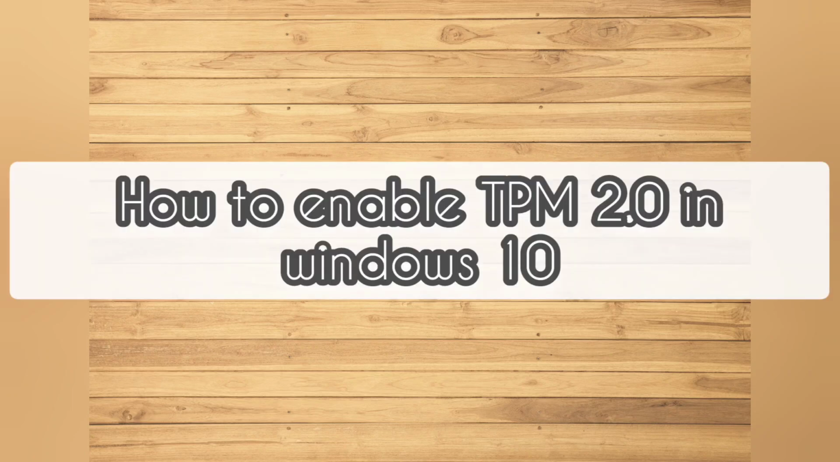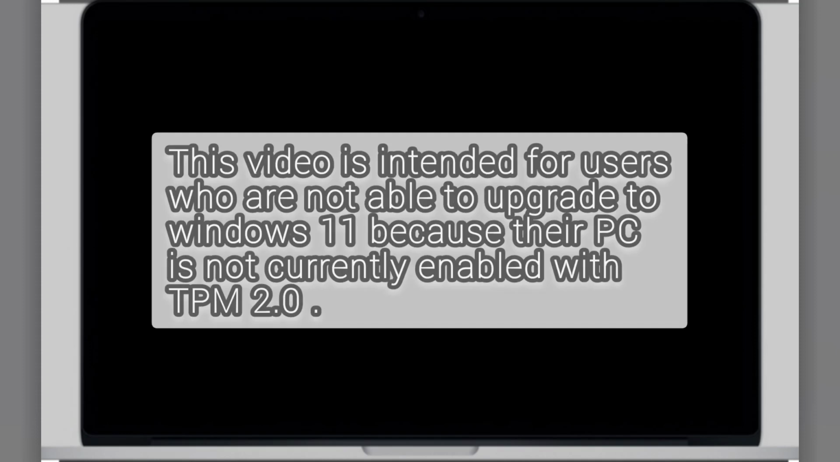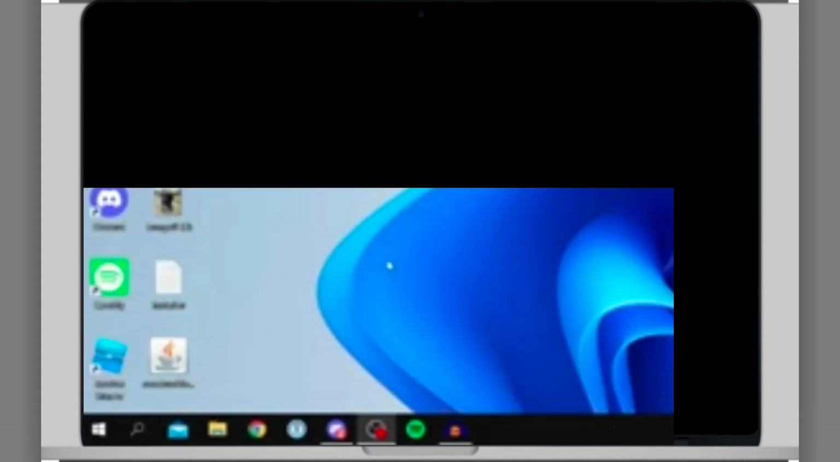In today's video, I'm going to show you how to enable TPM 2.0 in Windows 10. This video is intended for users who are not able to upgrade to Windows 11 because their PC is not currently enabled with TPM 2.0, or their PC is capable of running TPM 2.0 but is not set up to do so. To start, tap on the search bar at the bottom left of your computer and search for PC